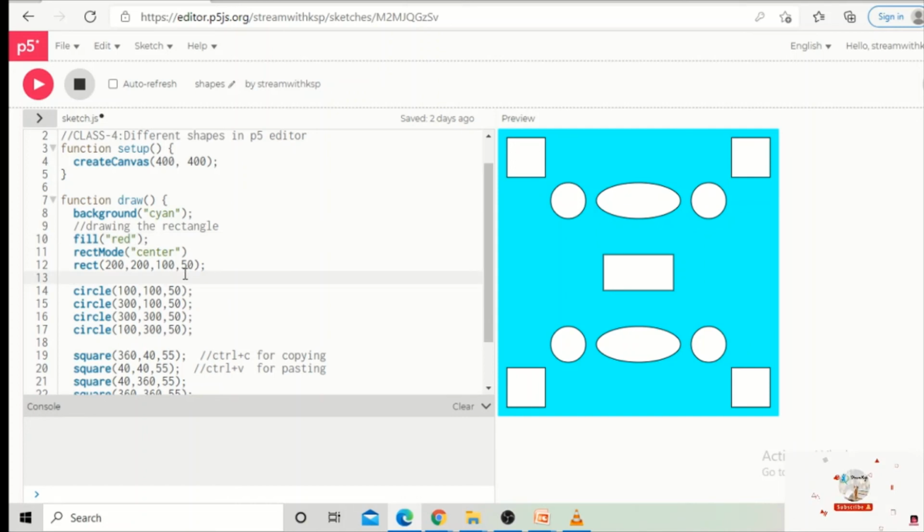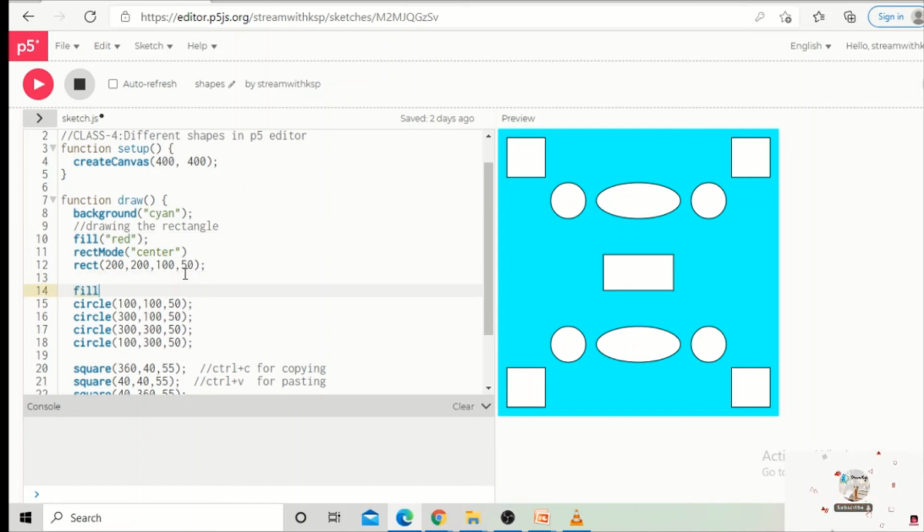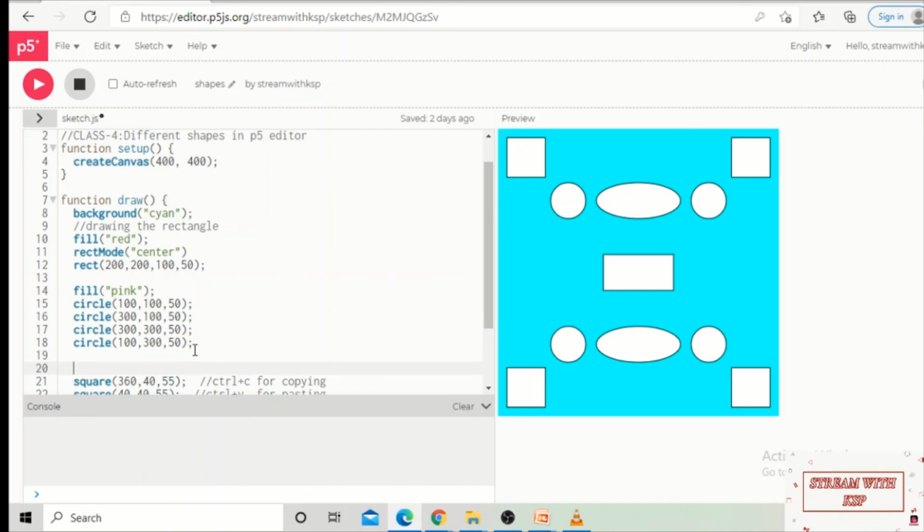And after that, the circle I want to fill in pink color. And then all the squares I want to fill in orange color.